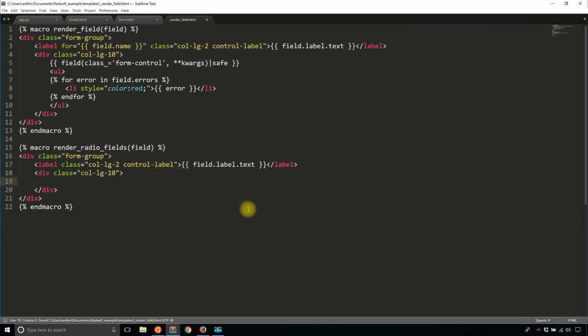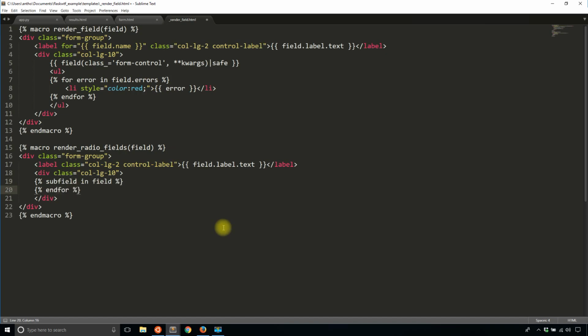Okay, so now that I have this, what I'll do is I'll loop over the subfields in this particular field, because for radio buttons, they have subfields. So because you can have, let's say, 10 radio buttons, then each individual radio button will be a subfield. So I'll simply loop over the subfield. And when you have fields that support subfields, instead of getting one element like you do here, you'll get a list of them. So you can actually loop over. So it'll make more sense once I write the loop. So for subfield in field,